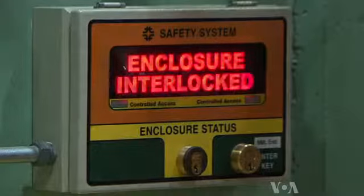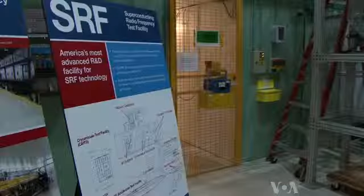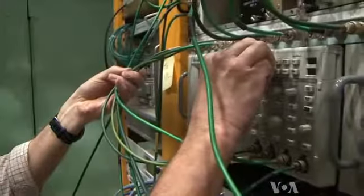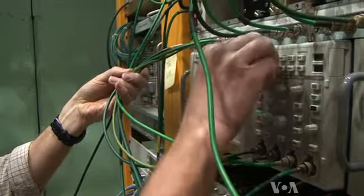While the technology for the new International Linear Collider might be developed at Fermilab in the United States, engineering physicist Elvin Harms says if it is approved, it might not be built there. Right now, I'd say the odds on the Japanese are showing the strongest interest in hosting the International Linear Collider. But I would say that the first word, international, is important because this is necessarily going to be